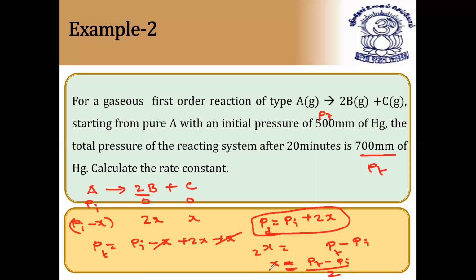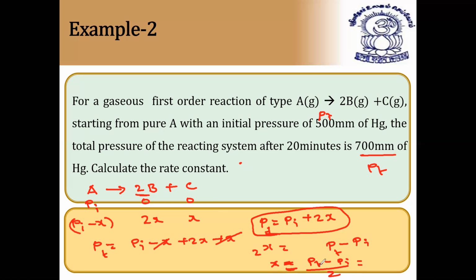So x is equal to what? Pt minus Pi by 2. They're asking to calculate the rate constant, so first we have to find the x value. So x is equal to how much? It is equal to Pt minus Pi by 2. So for this, the integrated equation becomes,